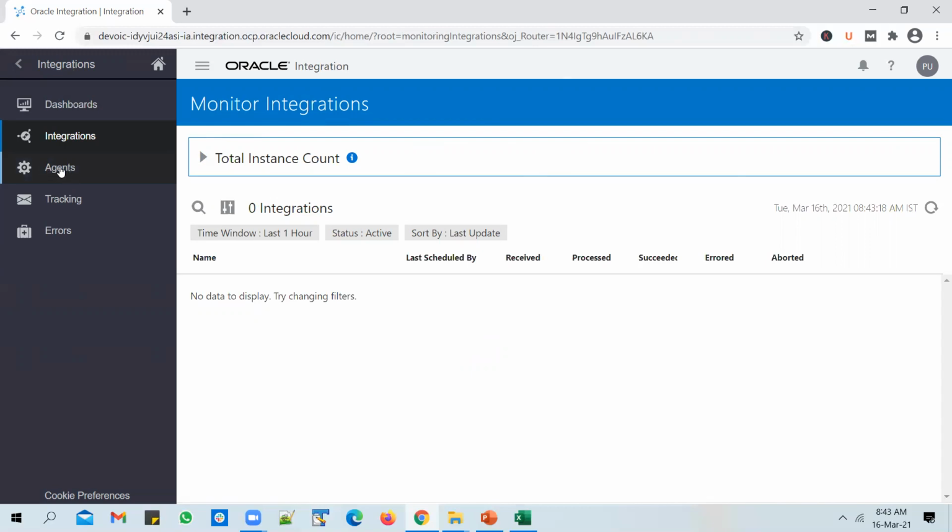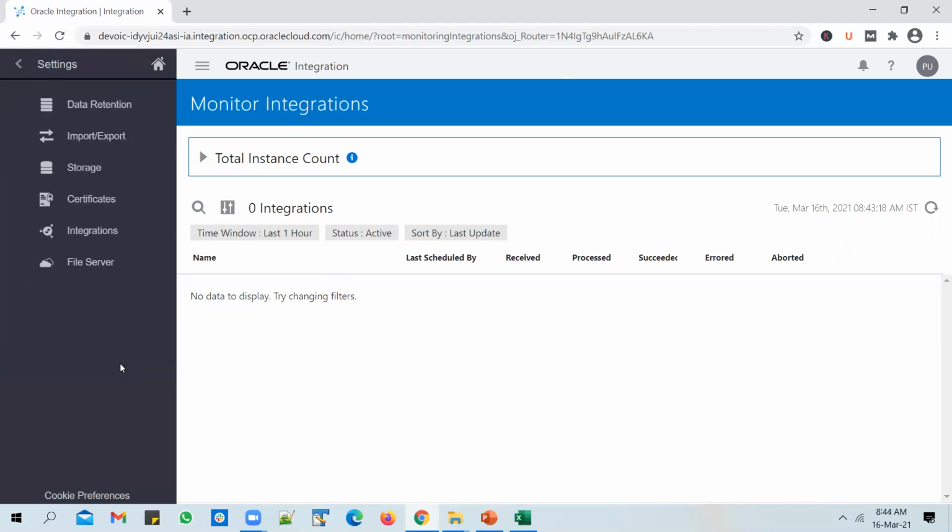From this monitoring screen, you can also verify whether the agent is up and running in the on-premise machine. So you can track your requests as well, and if a particular integration run errors out, it will appear in the errors window, and some of the errors can be reprocessed as well.